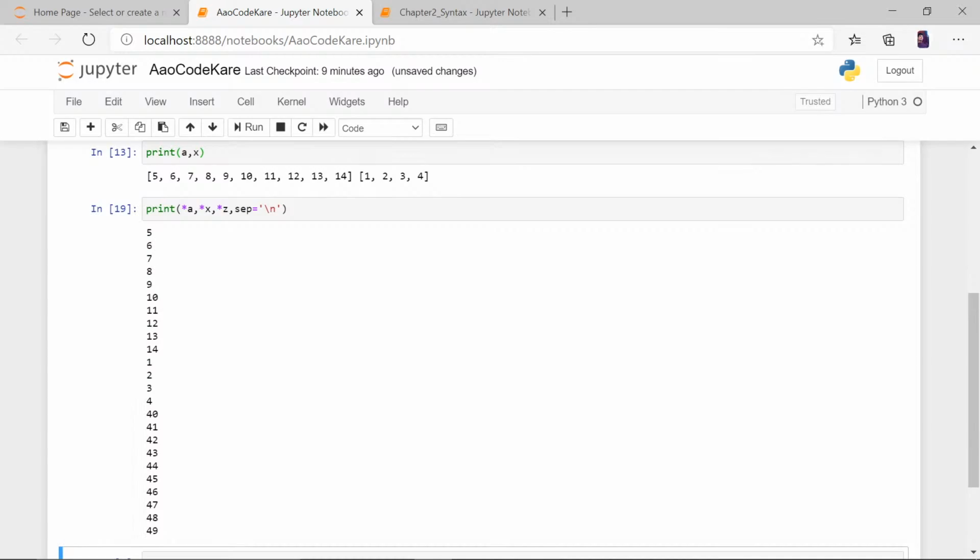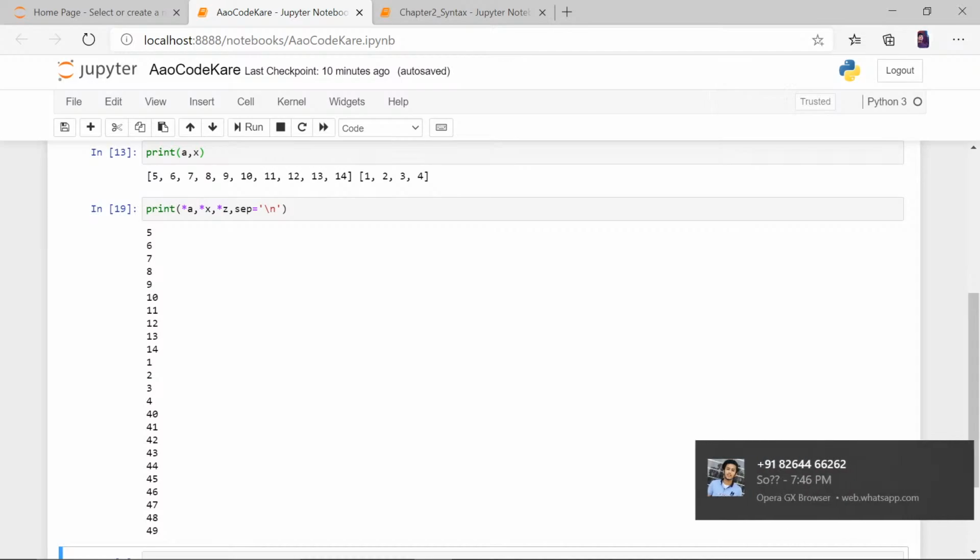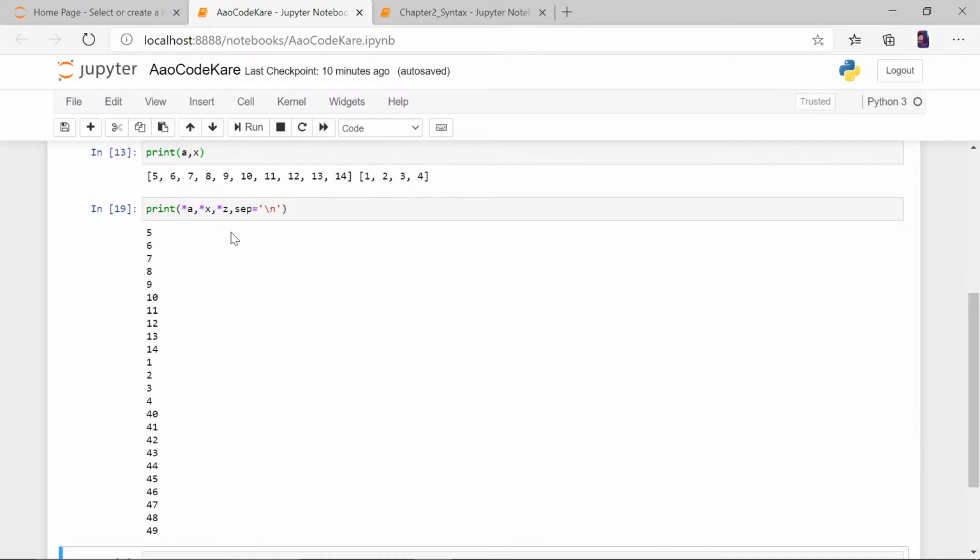So first we had just three things, A, X and Z, they were lists, right? When we added star to it, we have actually unpacked the values. That means all the values of A, all the values of X, and all the values of Z are now unpacked. They are not a list now. They are just pure values.